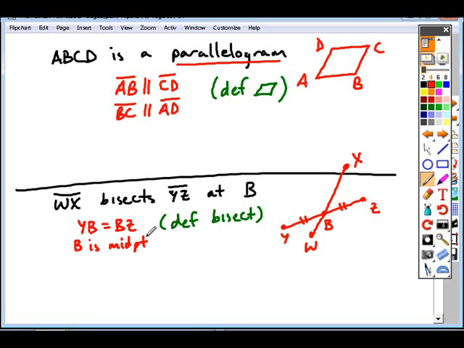Okay, what about the relationship between points Y, B, and Z? Is there anything less specific than the fact that YB and BZ are equal? And now remember, when you come up with relationships, they have to be based on definitions, postulates, axioms. In this particular assignment, you're not really going to use axioms for anything. The only postulate you'd use is going to be, Alex, what would you think? Well,